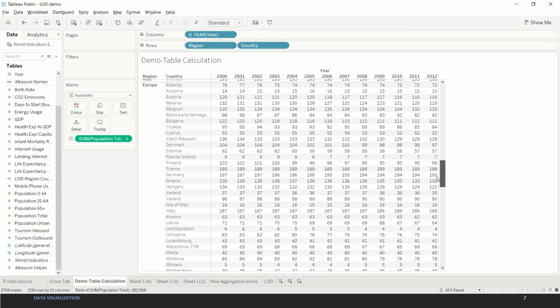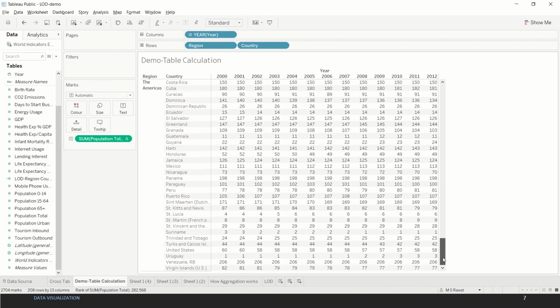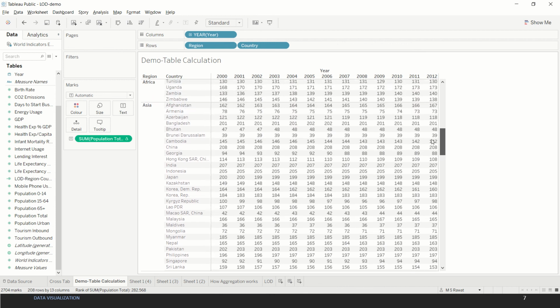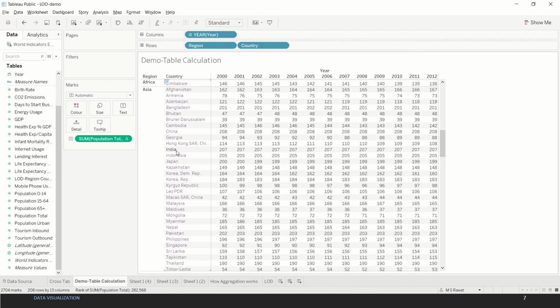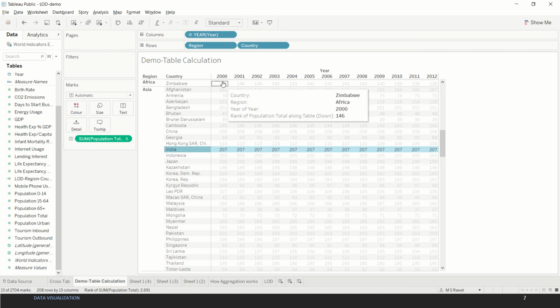As you can see in this case, let's take an example, let's talk about India. Now in India, the rank is 207 in this vertical column in 2000.